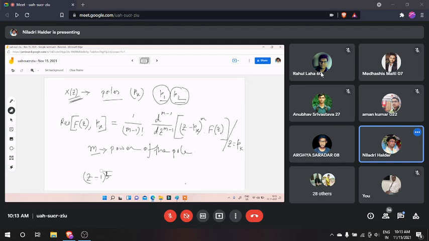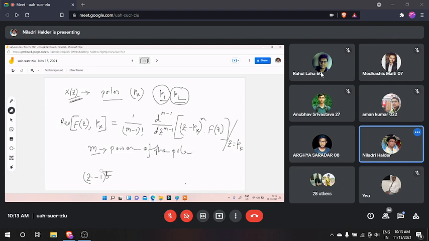The value of P1 is 0.75, so you get z minus 0.75 in F(z), with z to the power n over (z minus 0.75)(z plus 0.5), at z equal to 0.75. Simply if you replace the value of z as 0.75, you will get a value of 4 by 5 into 0.75 to the power n. So that is the first residue value.